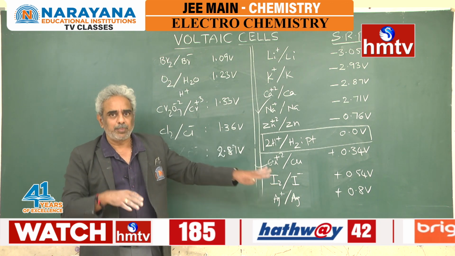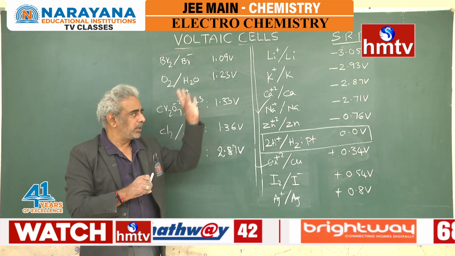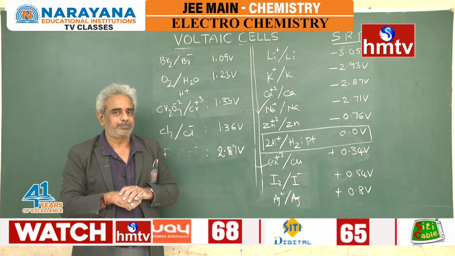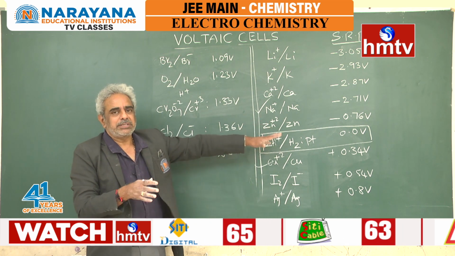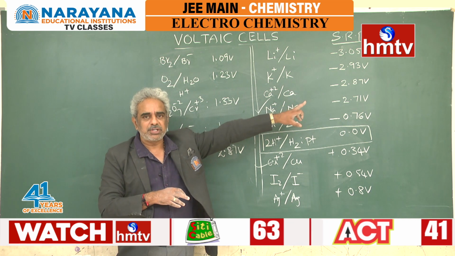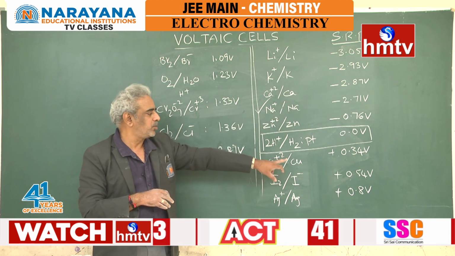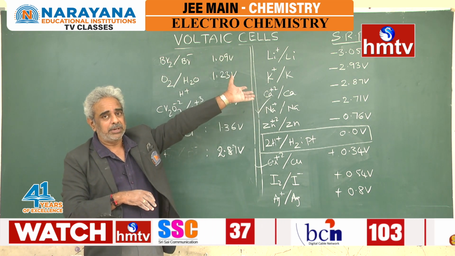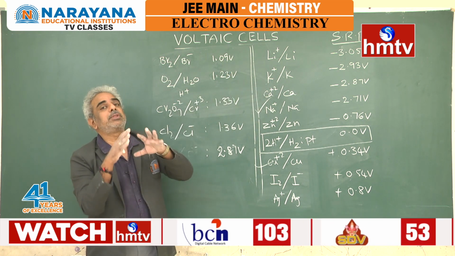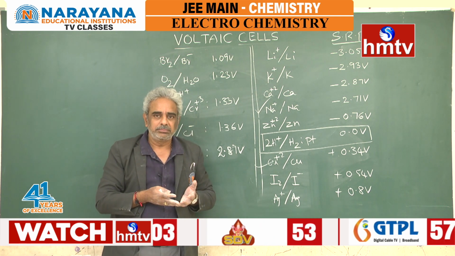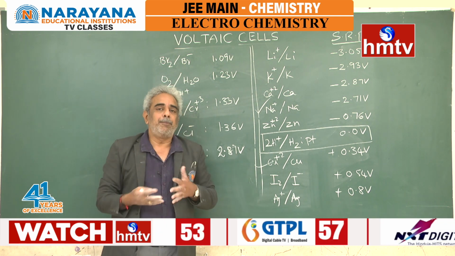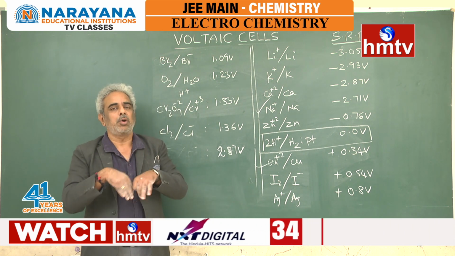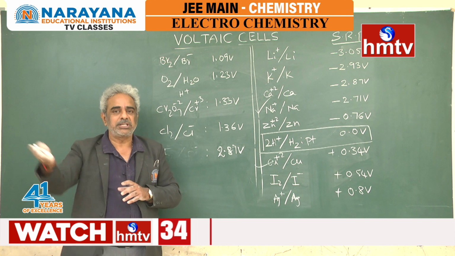Let us see those examples also. I am just giving the overall features of the electrochemical series, what conclusions we can make. Obviously the metals with negative reduction potential are more active compared to metals with positive reduction potential. Among the metals with negative reduction potential, those with more negative reduction potential are better metals, better reducing agents, because they can easily undergo oxidation and provide electrons for other species.